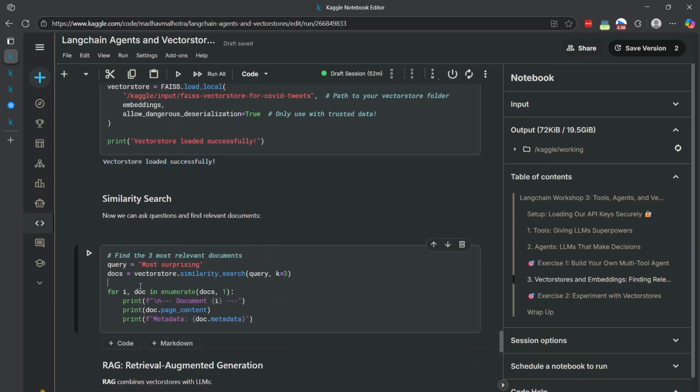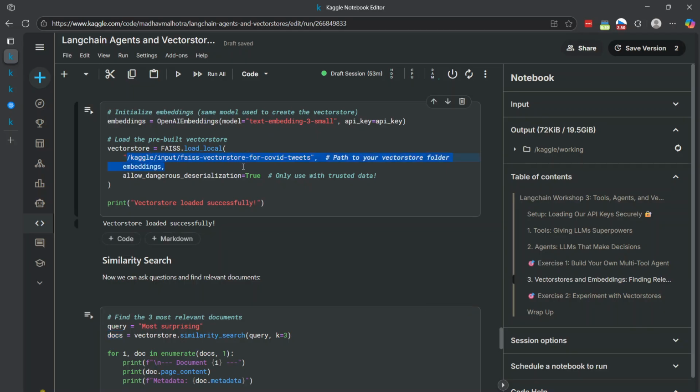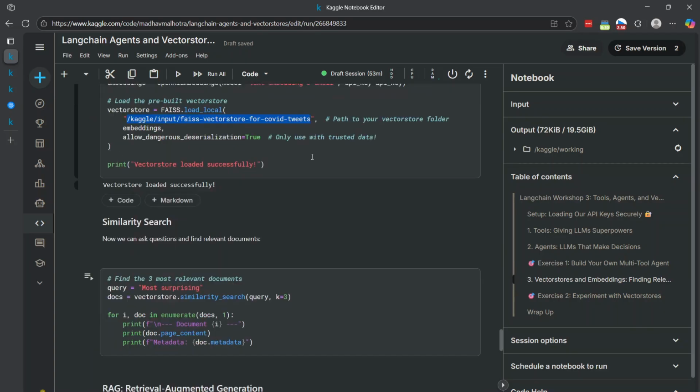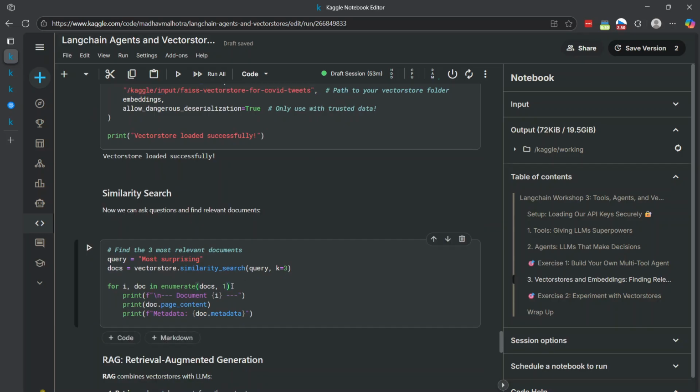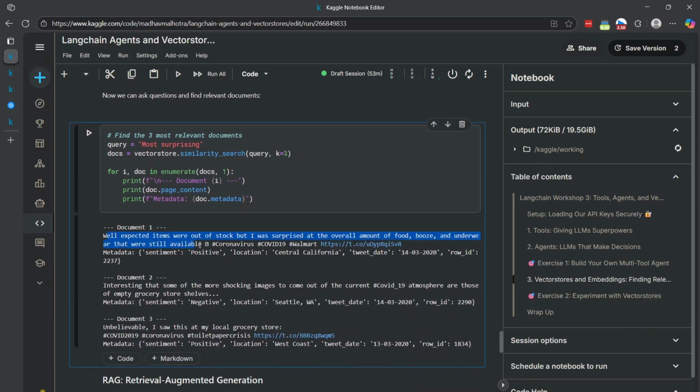Now, what I can do is a similarity search to find, let's say, a text that is similar to my question. So my question here is I want to find the most surprising COVID-19 tweets. So if I do a similarity search between all of the documents, so all of the COVID-19 tweets that I have pre-stored in this vector store, and this question of most surprising, I can print out the results I get. Well, you can see,